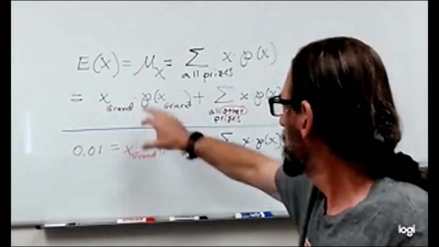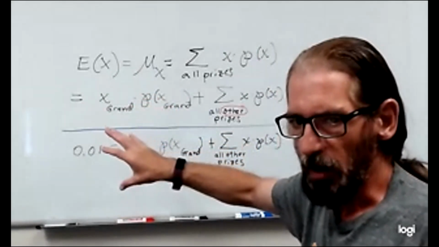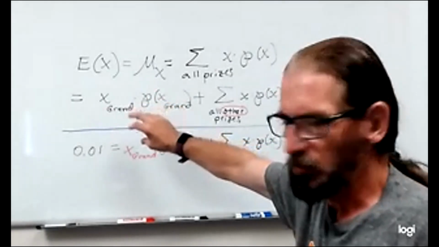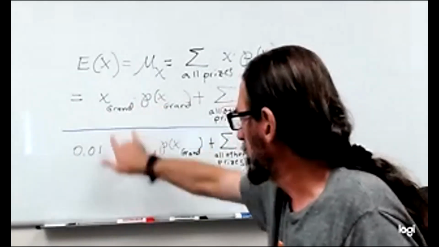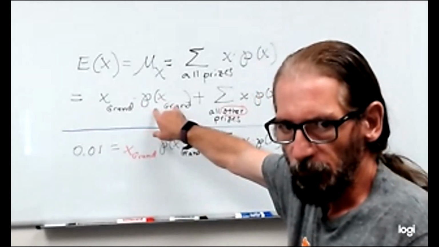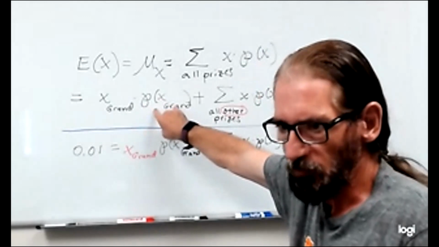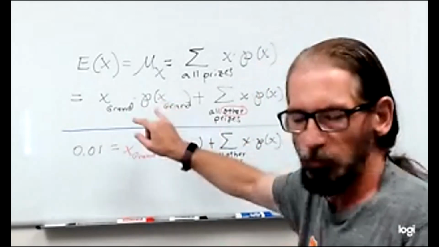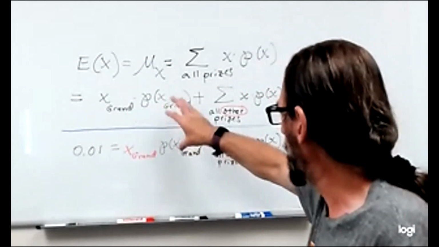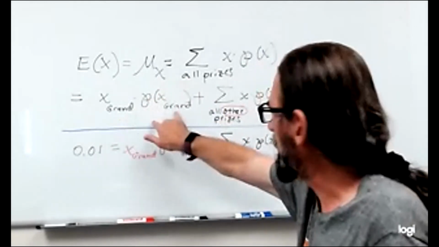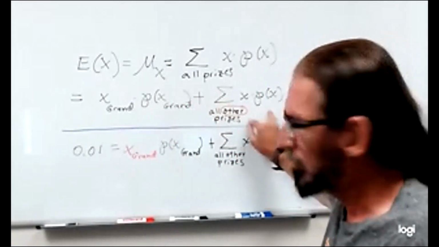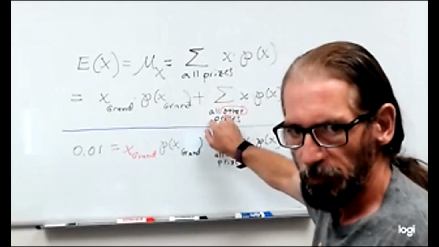And if I break off, how much should the grand prize be? What we want to solve for, assuming that all the other prizes are worth the same amount and all probabilities stay the same, then if I break off that first product from all the other products that we're adding up for all the other prizes, then